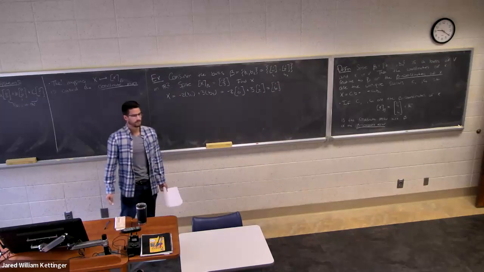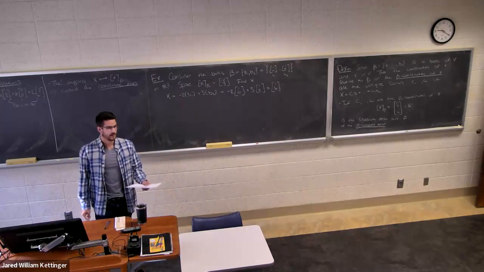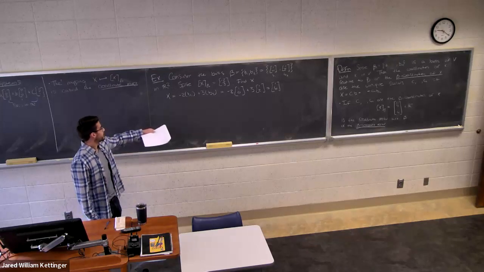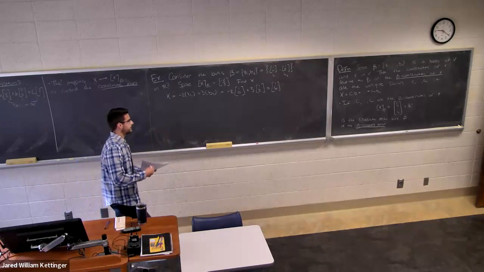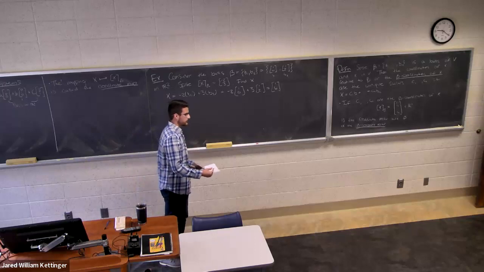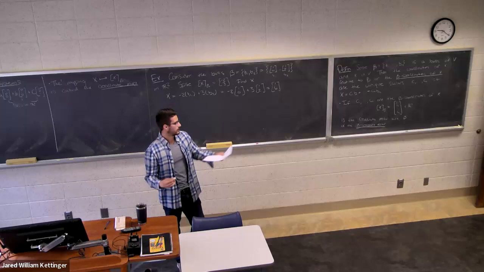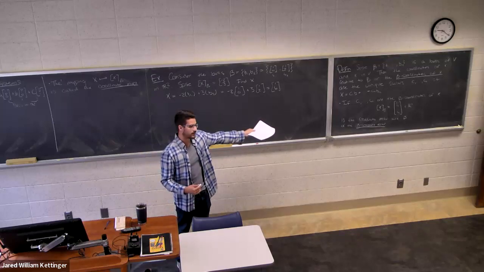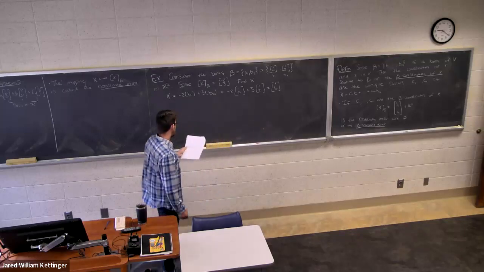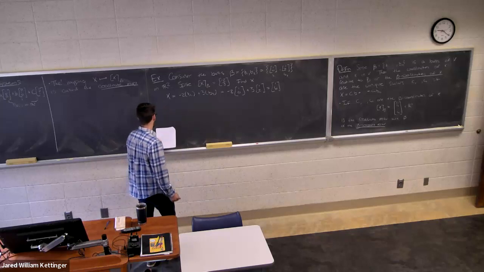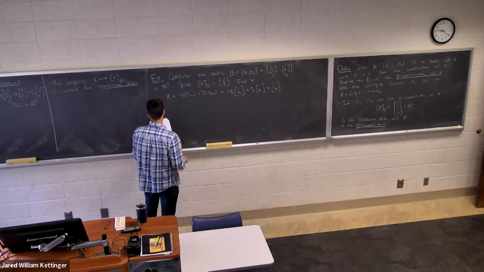Pretty simple, right? Going in that direction isn't hard, but we'd like to be able to go in the other direction, right? Because our goal here is, we're given a vector space that's complicated, and I want to be able to write a vector in terms of coordinates, so I can think of it as a vector in Rn in some sense. But before we do that, let's